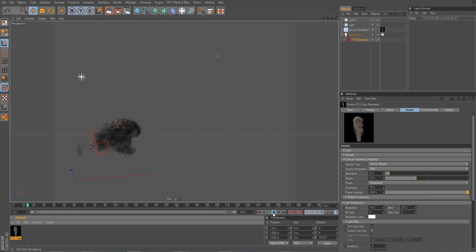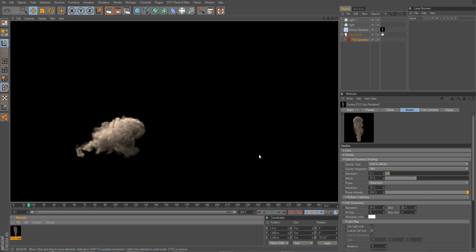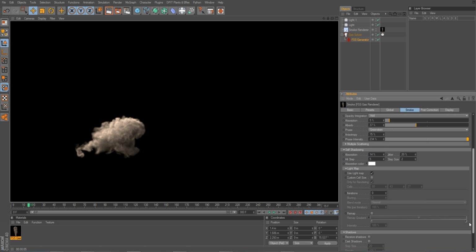Okay, so I stop this now. We have about 15 frames here. I'm still calculating steps. I clicked already, but it has to finish that time step. Okay, so now I can do a test rendering here. And I like what I see now better,